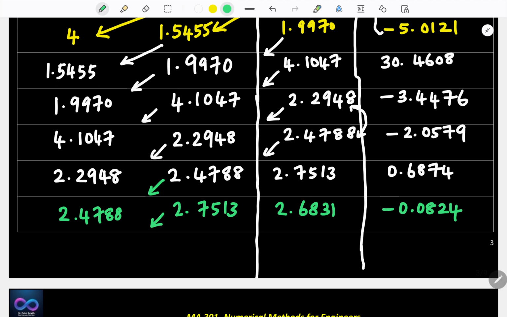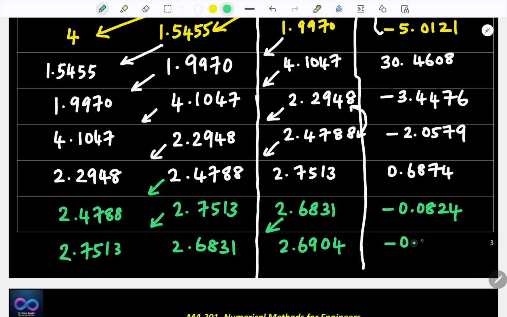Right. So again I take this value 2.7513. Take this value 2.6831. Right. 2.7513, 2.6831, equal. 2.6906. Okay. And then wait a minute, 2.7513, again I'll give 2.7513, 2.6831. Okay. And I'm getting 2.6904. Sorry, for me 6 and 4 look same. Right. And then again press equal. Negative